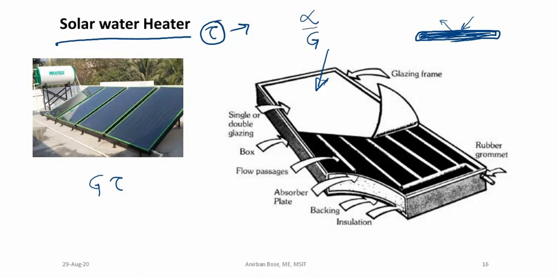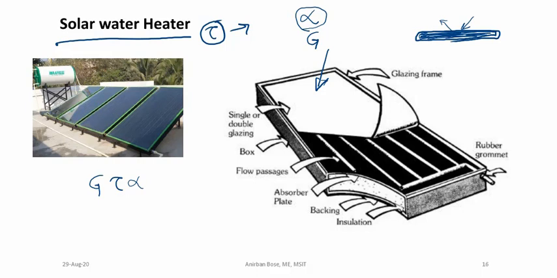The absorptivity is this alpha. That means it is the fraction that will be absorbed. So after being transmitted through the glass plate, the energy comes to the black coated plate, and if you multiply by the absorptivity of the plate,